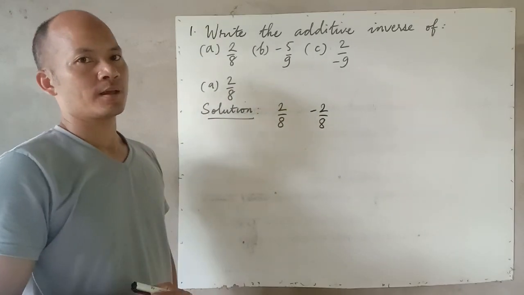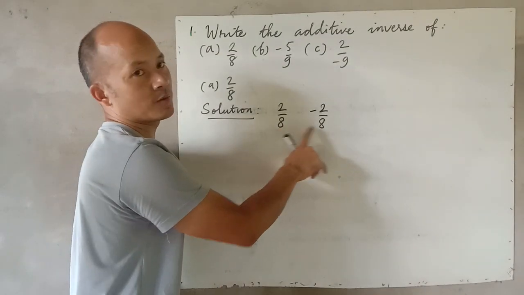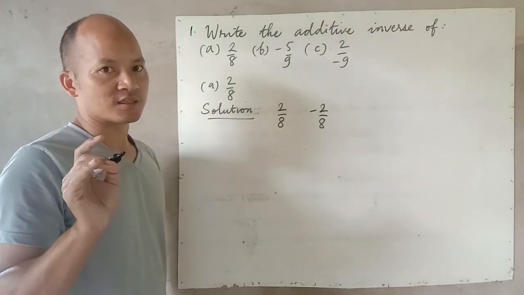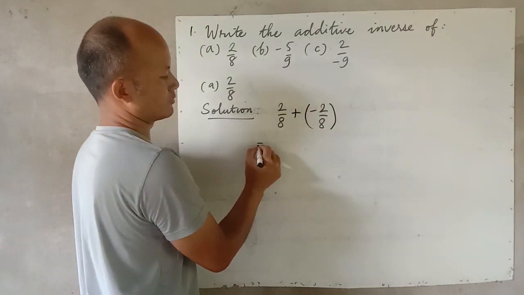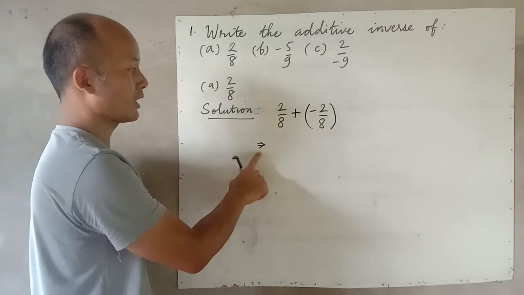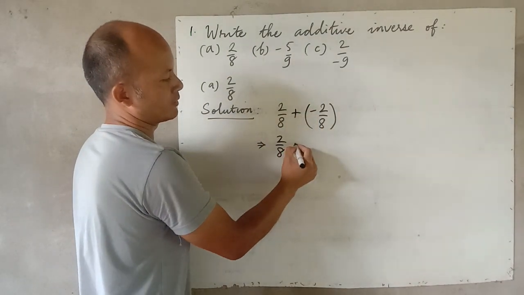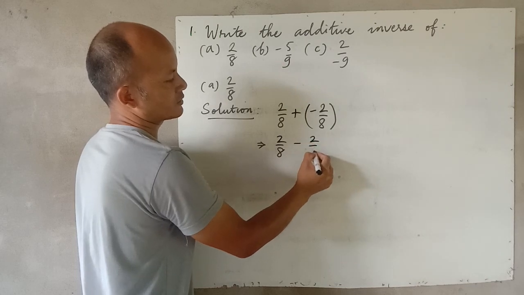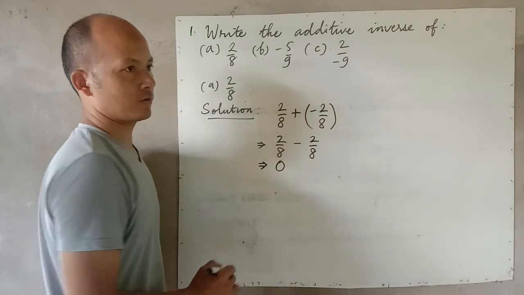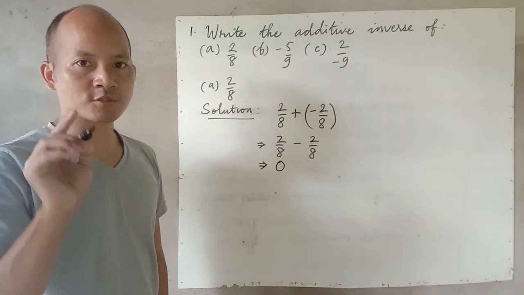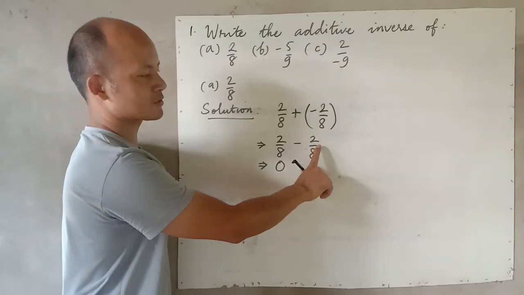And when you sum up these two opposite numbers, the result will be 0. Here, 2 by 8 plus (-2 by 8), and you got 0. When you subtract a number from the same number,